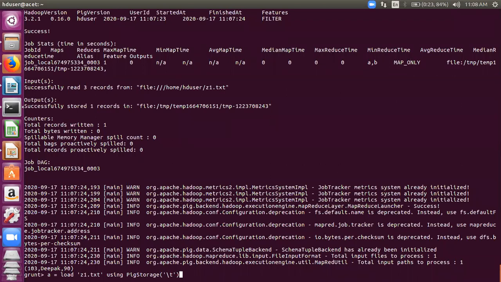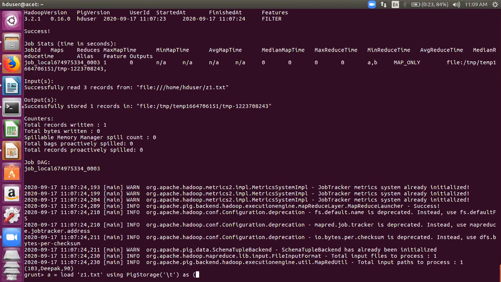And it contains one argument which tells you what type of separator is there in the file. So you're telling that the file is tab separated, \t. You can have a comma here also. You can have a space here also. For our file, we do it as \t. And then the keyword AS, in which you specify the schema. Schema would mean that here you give the names of the fields and their data types.